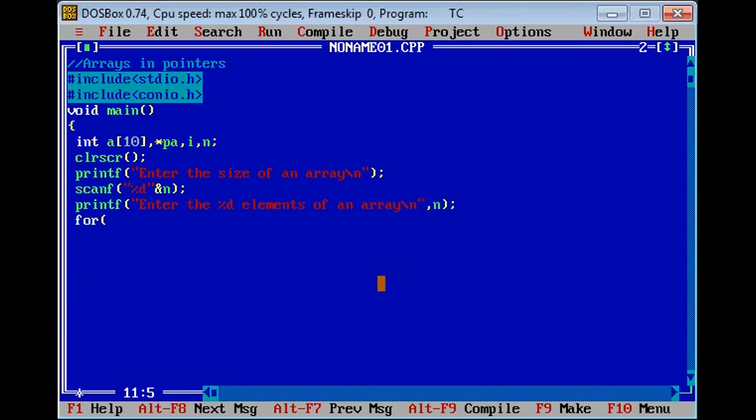For i is equal to 0, i less than n, i plus plus, scanf %d ampersand a of i. a of i, a of 0, a of 1, a of 2 until a of n minus 1.